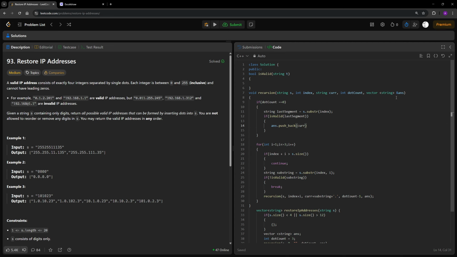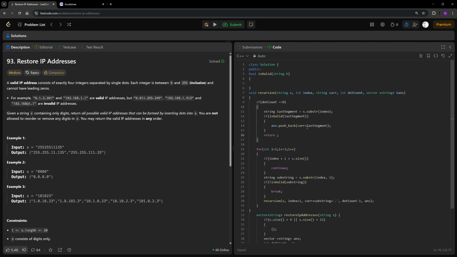जो होगी current, ठीक है, last में देखना जो element ने last में call किया रहेगा उसने dot तो automatically attach किया रहेगा, तो हमें क्या करना है, current plus last segment डालना है, ठीक है, current plus last segment डालना है, and finally हमें क्या करना है, return कर देना है इधर से।